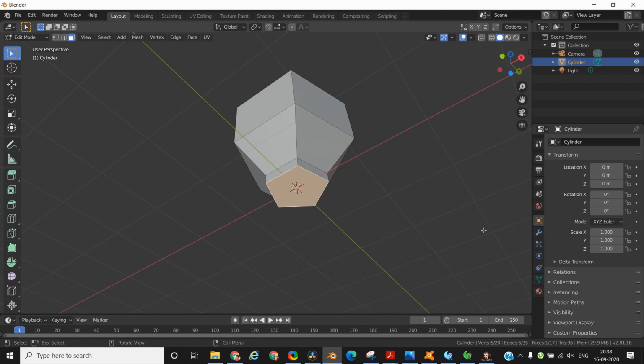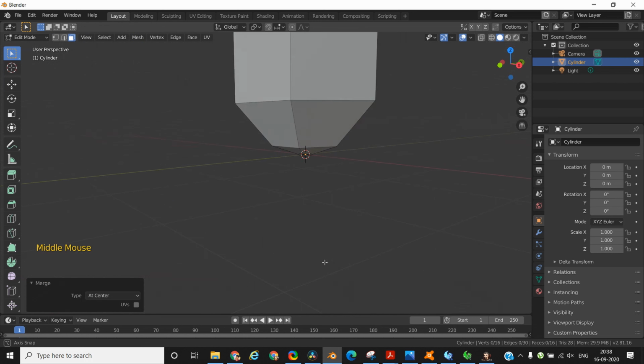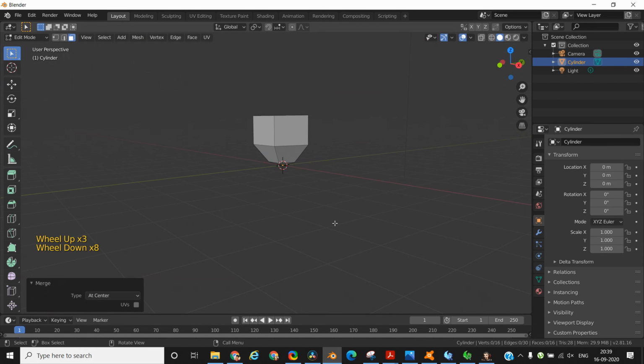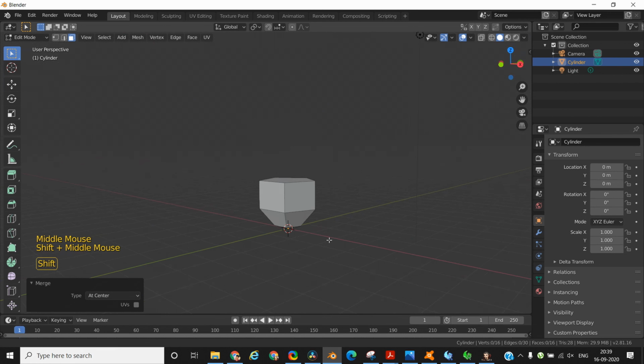So to join, you need to pop up the join menu. For that the shortcut is Alt M, and I want to join everything at the center, so I will select center and all my points have joined at the center, and you have been able to build the bottom portion of your acorn. We'll apply colors later on. Let me just shift this a little bit.